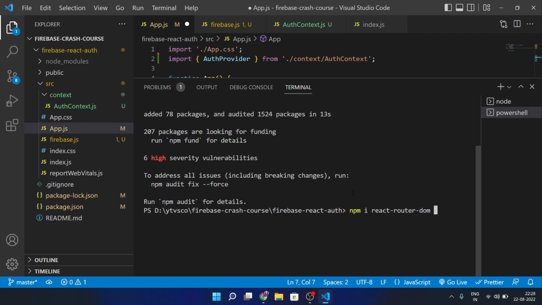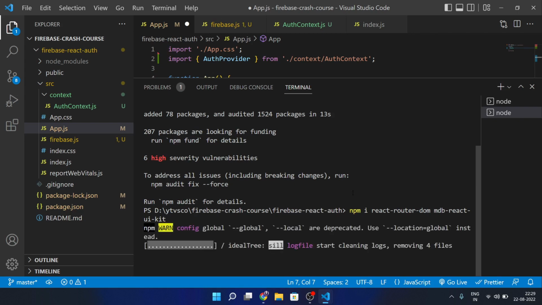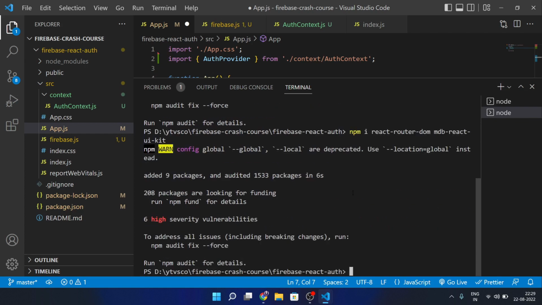So this is the very first, the React router DOM and mdb React UI kit. So mdb React UI kit provides both Bootstrap and Material Design inside of this UI kit. So it is very flexible to create a very nice page or very nice front end without any